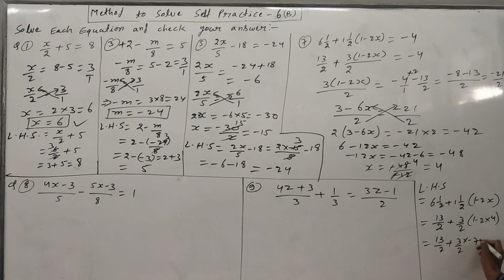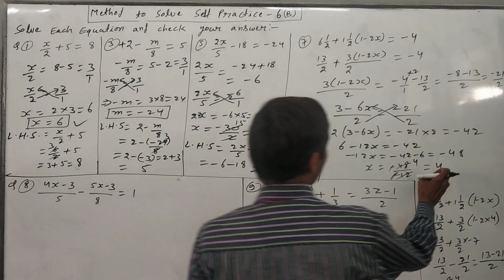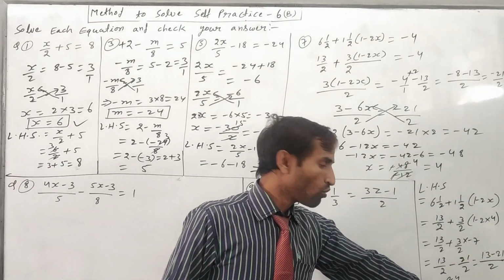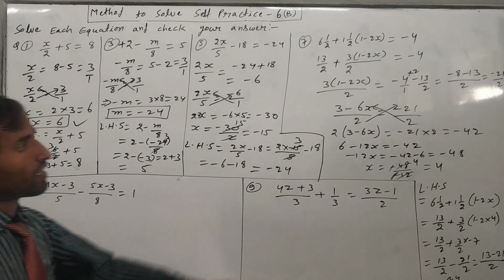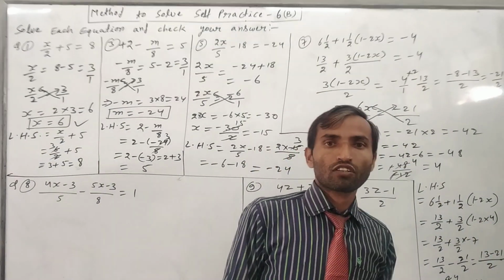Okay. Now just multiply here, then it will come 13 upon 2, minus will come here because minus sign is there, then plus minus will come 21 upon 2. Then LCM will be 2 only, then 13 minus 21, then it will come minus 8 upon 2, we will cancel out, it will come 4, means minus 4. So in RHS also minus 4, our answer is also minus 4, and according to our x is equal to 4, both are correct, means our answer is correct. Like that, this is how we have to check whether our answer is correct or not.